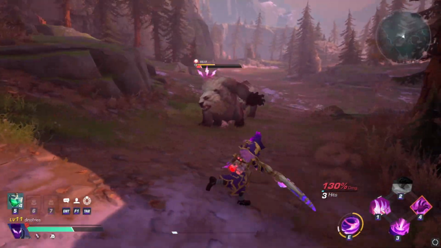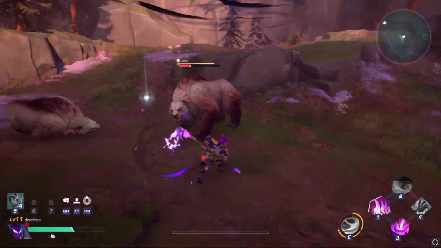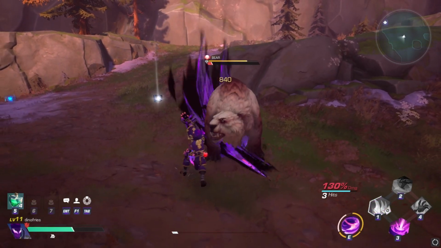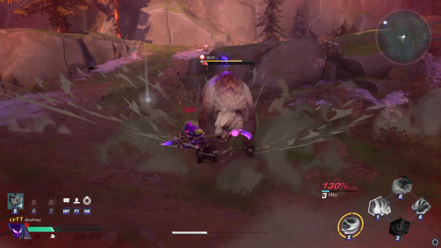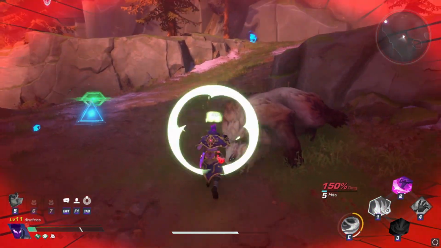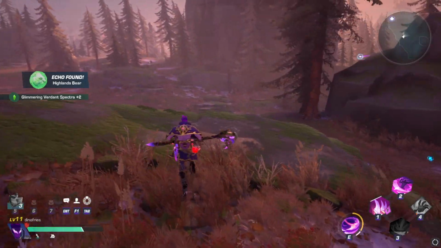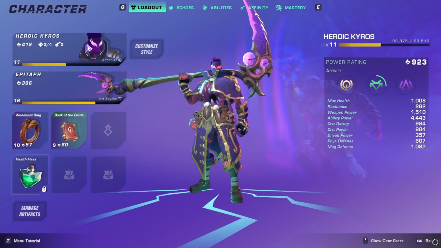Alright, I finally got the ultimate. Here we go. Boom. Big damage. Almost died. As you can see, my Kairos is not very leveled up. I'm only level 11. And now let me show you guys the other character, Nis,